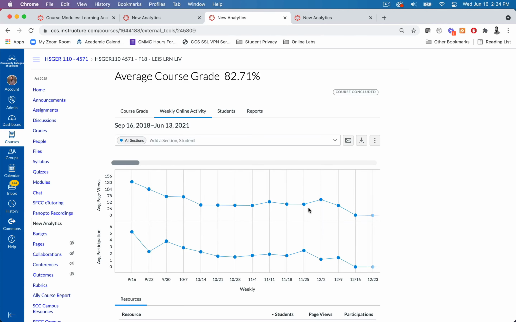You might see a big bump here towards finals week as well. That's pretty common. And we'll see that in a lot of different classes. Things to keep an eye out for here are big peaks and valleys. If you see a big valley, that means students aren't participating and they're not active in that course during that week. So what aspects of your course are